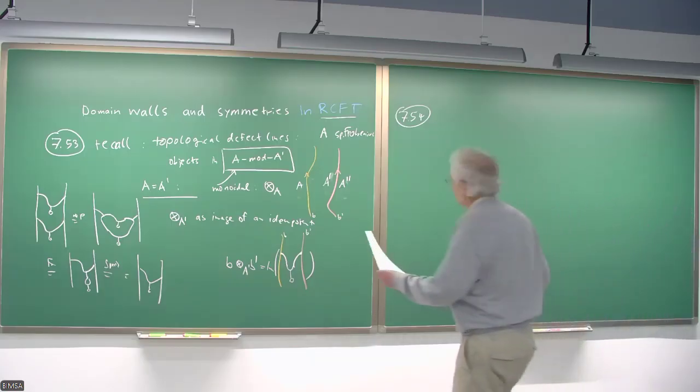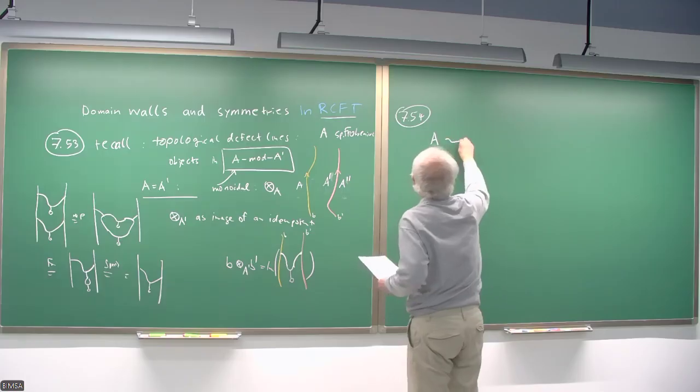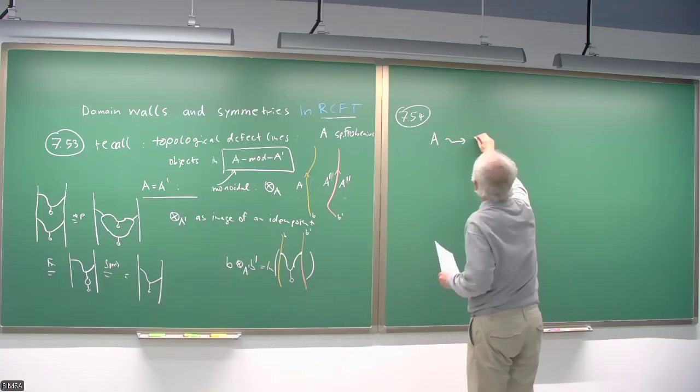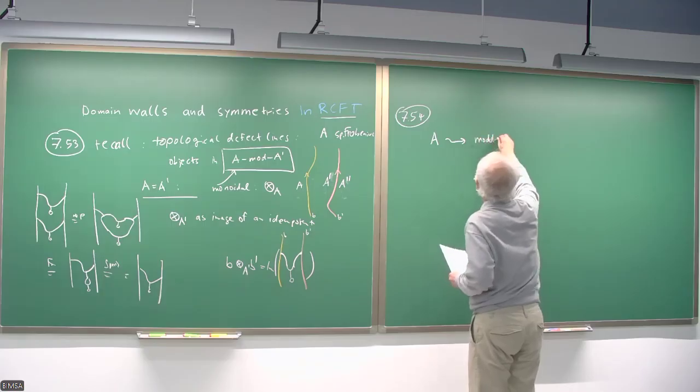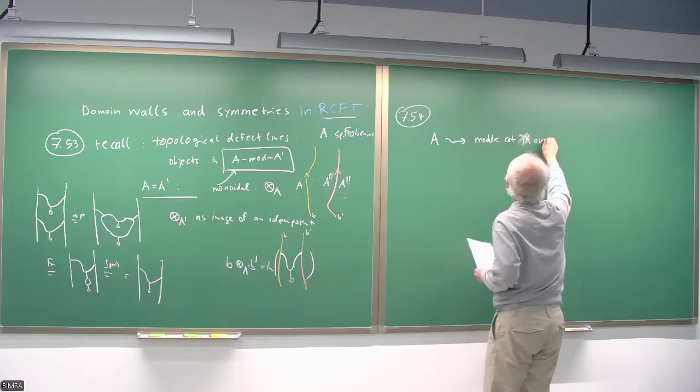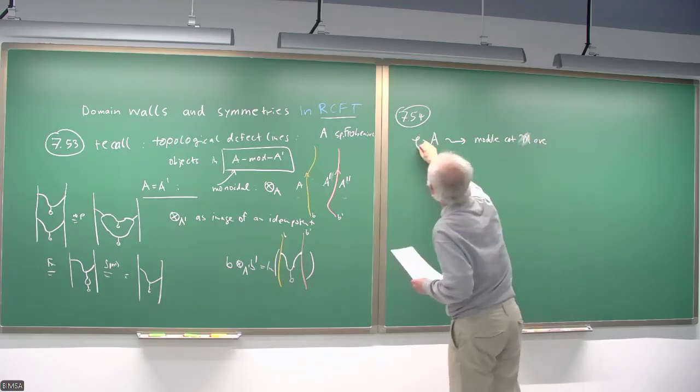So we should remember that from A we get a module category M over C. So A is an algebra in C,